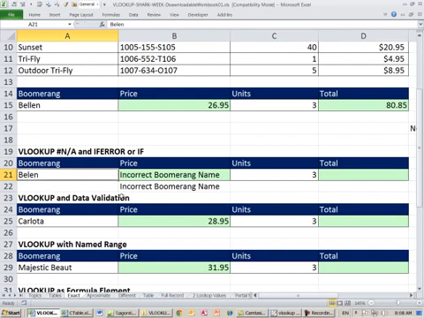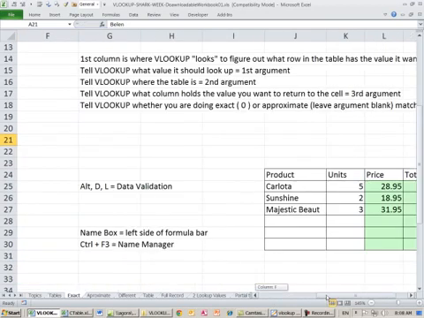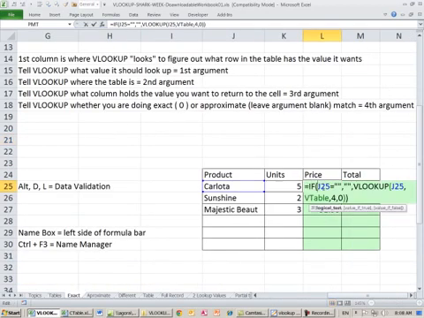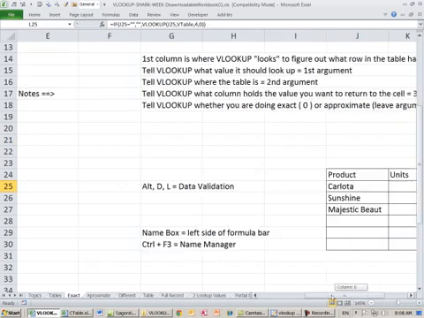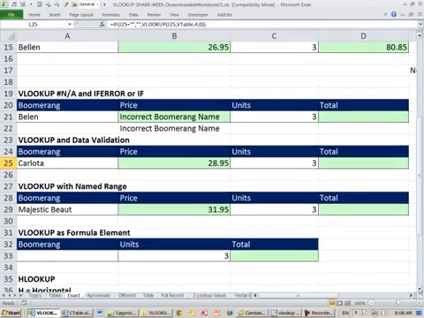Kind of nice to have that data validation. All right, so back over here. That was a nice solution there. And then, of course, you could run your total column there for your invoice. All right, one other